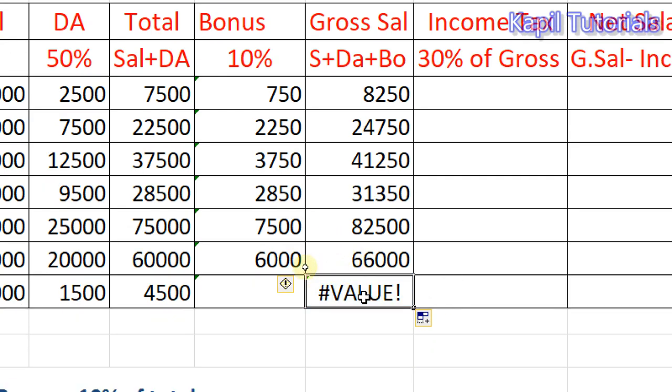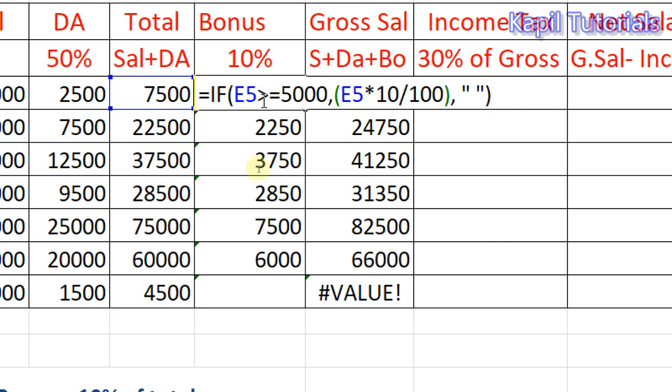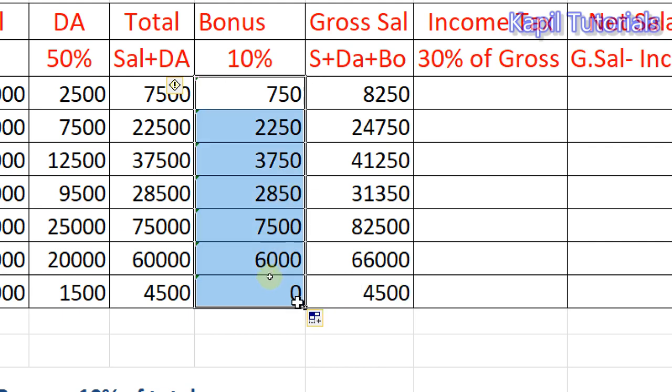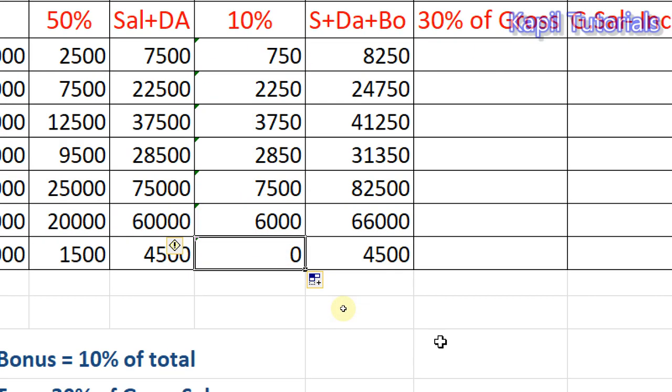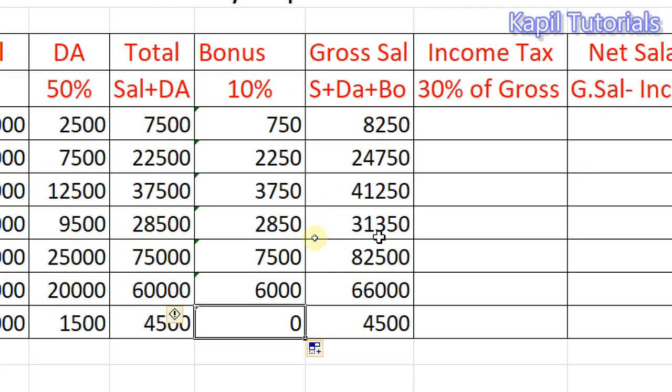Again, the same problem is coming, E11, F11. Again, it is not adding space with the value. That means for adding, you can add only number with number. So what should I do? E5 greater than 5000. That means this is also not working. I'll type here 0. Okay. I'll press the enter key. Now what will be the result if I take it down? 0 is coming. Now 0 can be added with the number. Now it's giving 4500. I hope it is clear to you now.